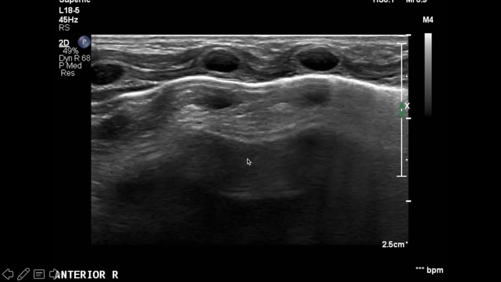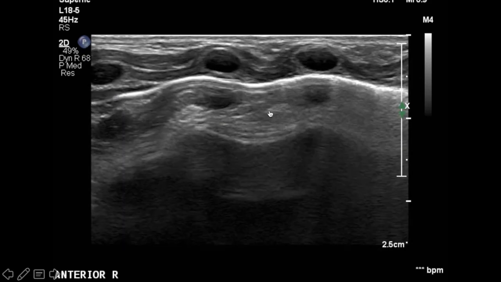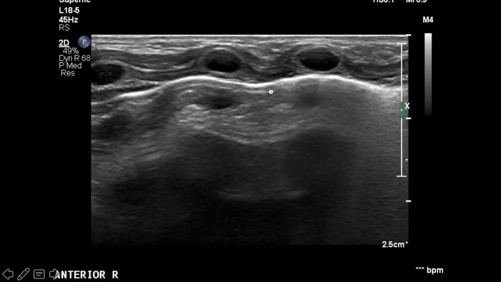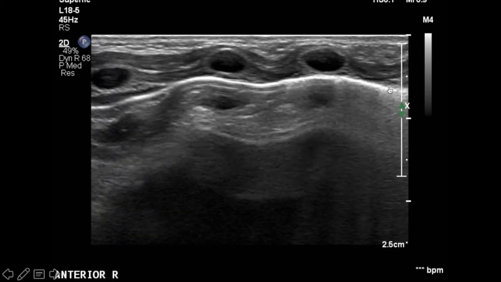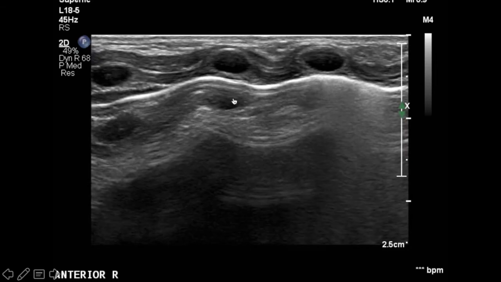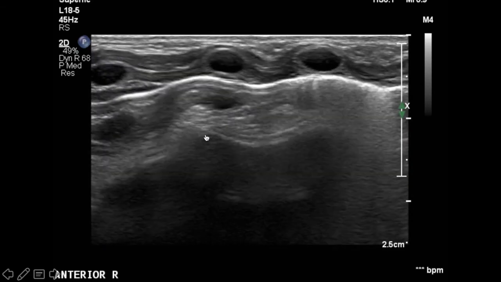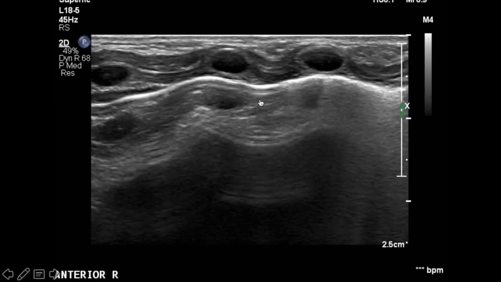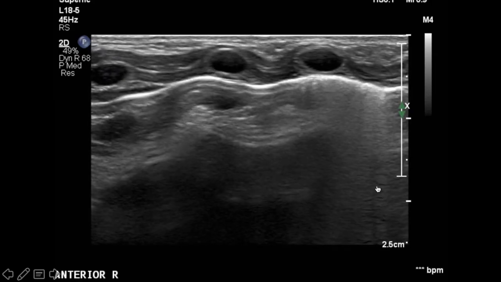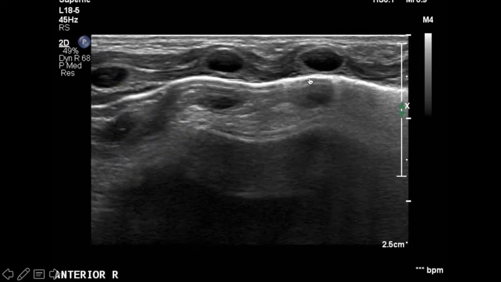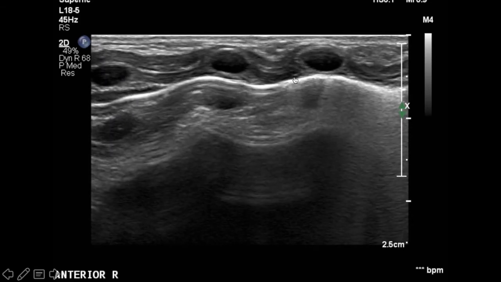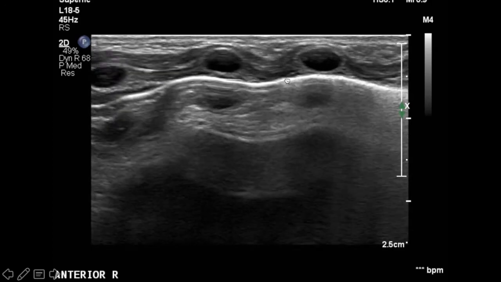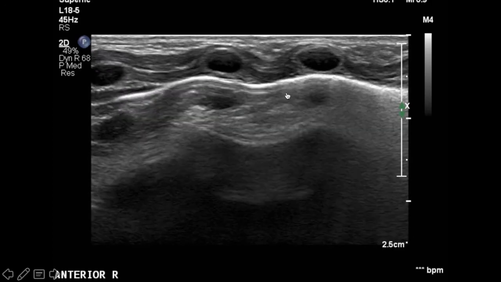This is an example of a pneumothorax. You can see here the pleural line is not sliding, when here it is sliding. You can see the difference. There is only A line here, here, and here. And there's no B line here, whereas you have a lot here. And you can see that you have a separation here between this part of the lung that is sliding. This one is not sliding. This is your lung point.